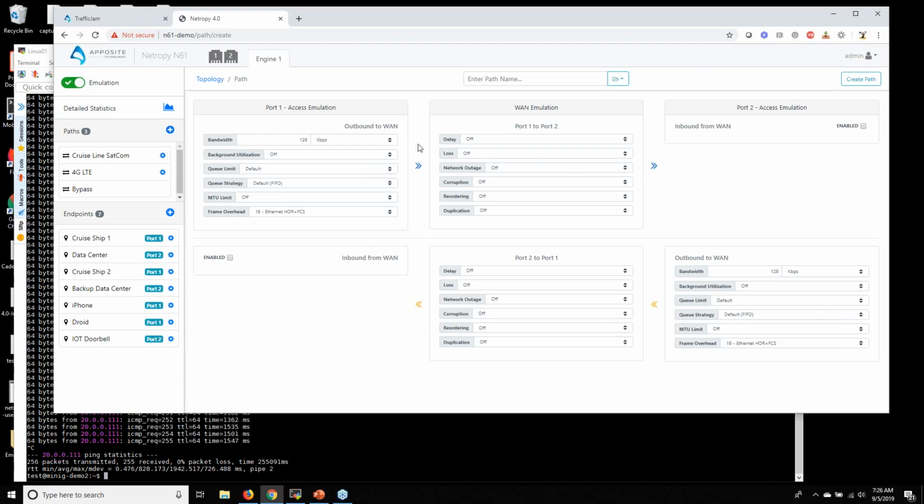So if you look at this top row here, you want to think of that as your egress or ingress, and then the bottom row is the return trip, or vice versa. So let's pretend the source of our data is over on port 1. It would run through and hit all these different impairments, hit the destination, and then return and hit all these lower impairments back to the source. So as you can see, we can set our bandwidth. We can set it in K, megabits, or gigabits. We have something called background utilization.